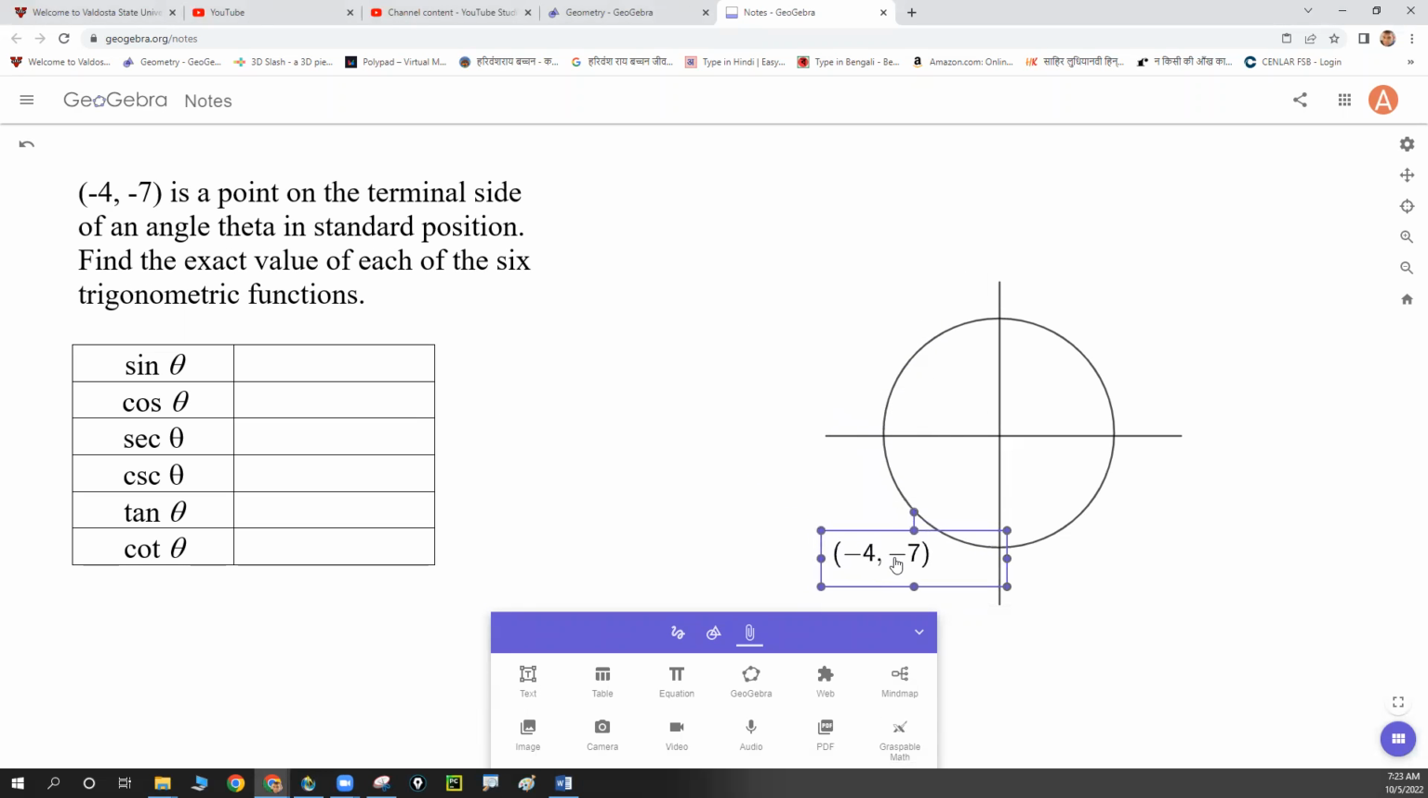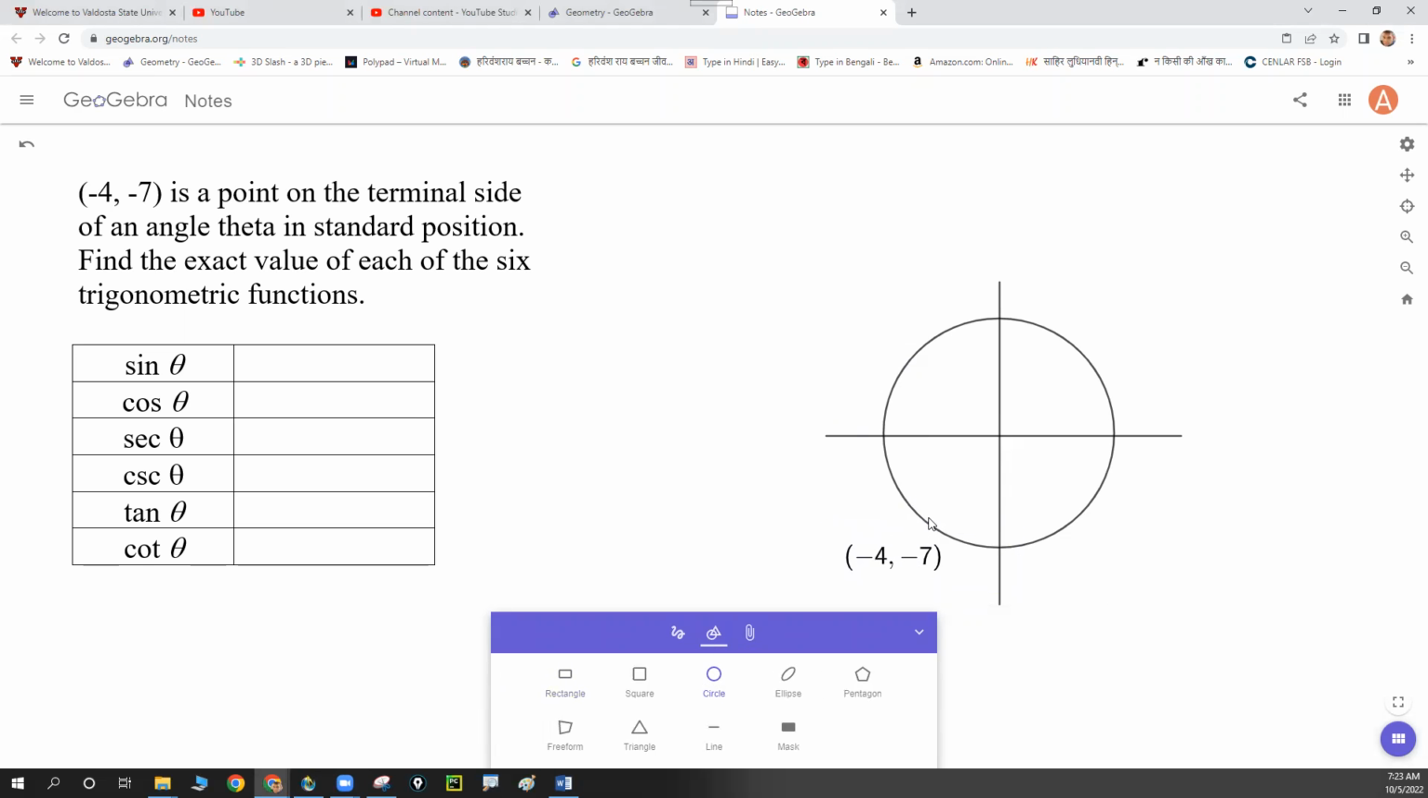Let's just say it's somewhere here. It has to be in the third quadrant, -4, -7. Let's just pretend it's somewhere here. Again, really don't have to be exact. I'm taking my time. I could have easily pulled a picture. Okay, now